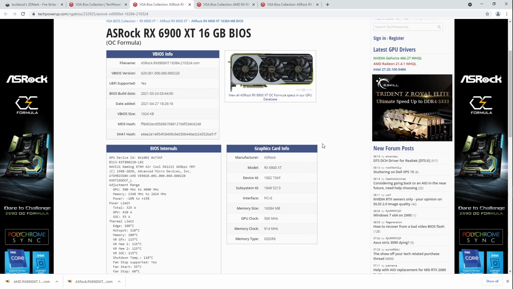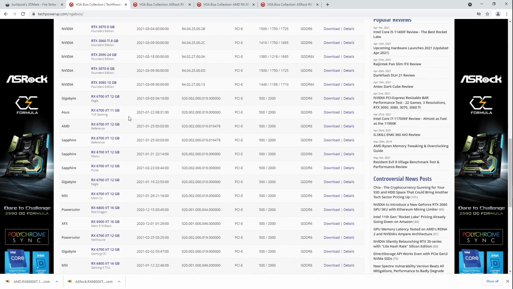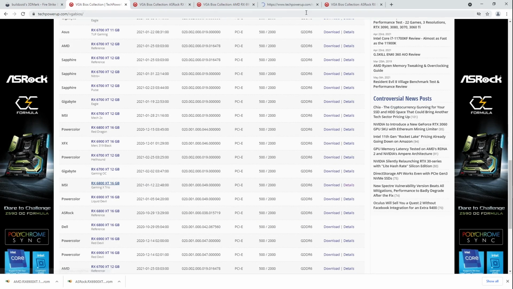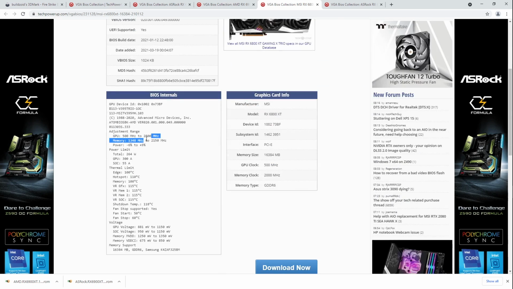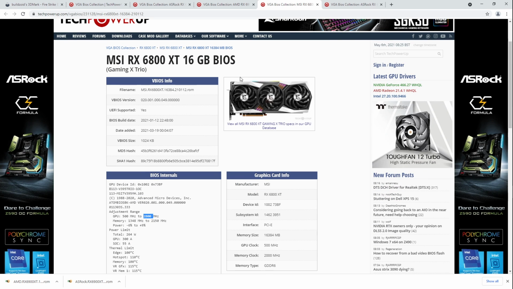It might be interesting to take a regular 6900 XT BIOS and shove it onto a 6800 XT, and see if you can raise the clock limits by doing that. And I don't mean take the power play table and shove it into the registry of a system with a 6800 XT, because that might raise the core clock limits on the 6800 XT. As far as I know, those have a 2800 limit on the core,